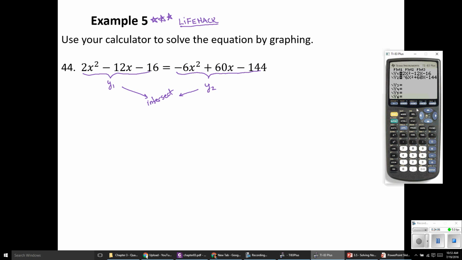Okay, now I know that these are two parabolas, so they could intersect once, twice, or not at all. They're not the same exact equation, so it won't be infinitely many solutions, but let's see what we see on our calculator screen. So it looks like they're going to intersect twice, but I can't fit that on the window. So what I need is to look down here in quadrant 4. I need to adjust that window to fit what we need.